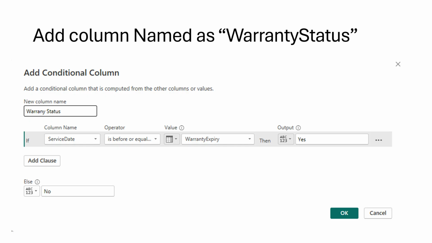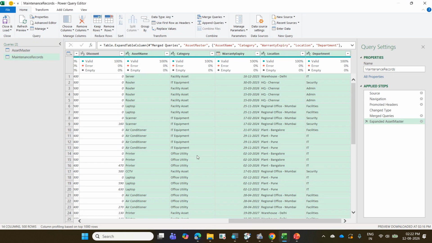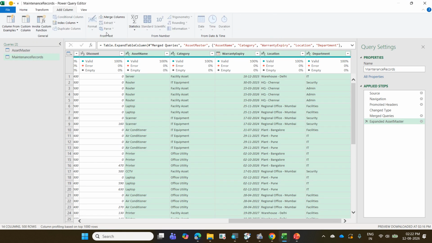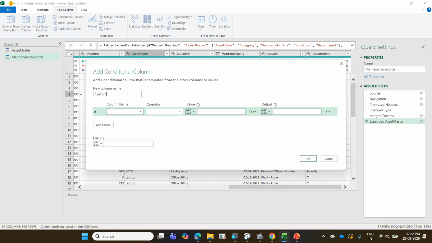How to do this? Add column, conditional column. Warranty status. If service date